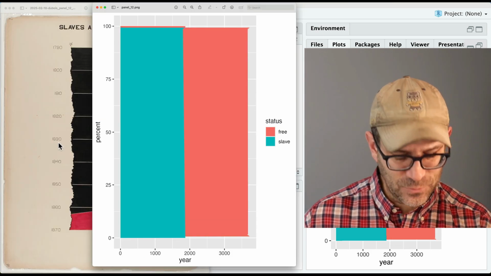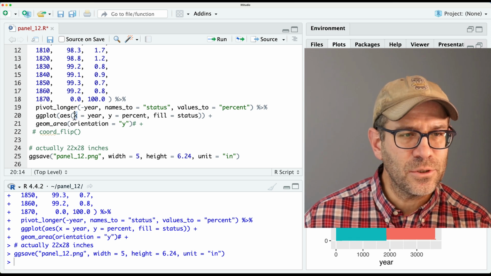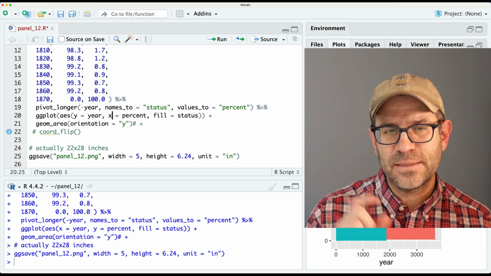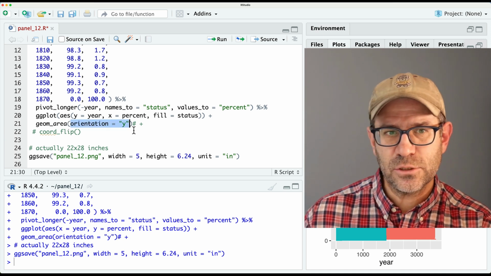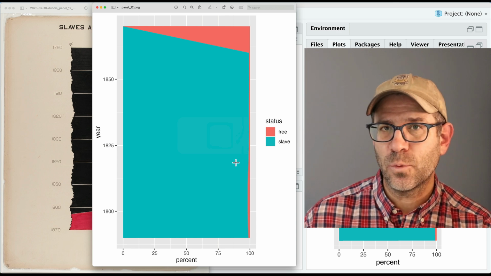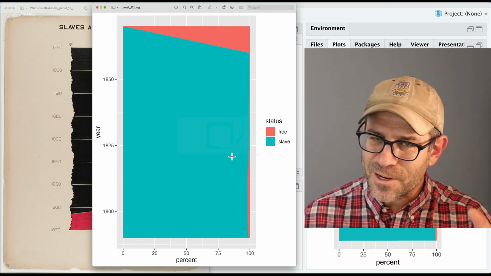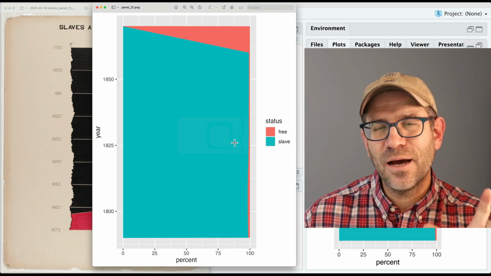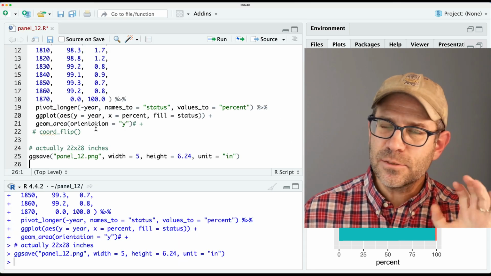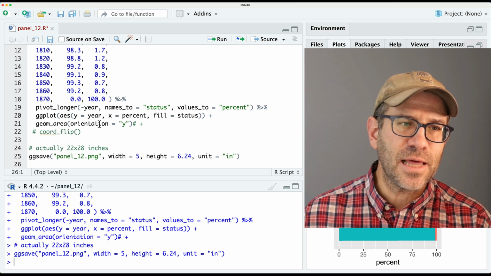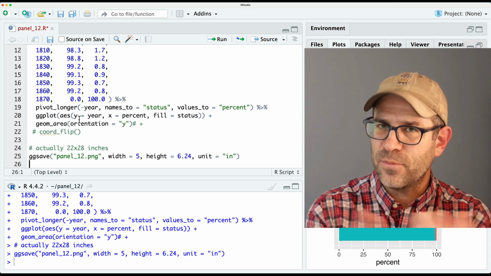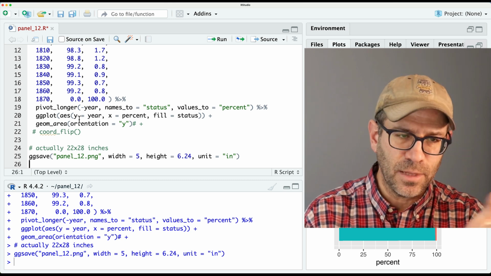And so again, this looks weird, but now what we can do is we can represent the year as the y aesthetic and the percent as the x-axis. The orientation then is in respect to the y-axis. And so now we get back to what we had with coord flip. Of course, coord flip works, but the new way of doing things in ggplot appears to be using this orientation argument. And so it might take a little bit of time to get used to that for those functions where you can't merely flip the x and y aesthetics, right? Like we have here with